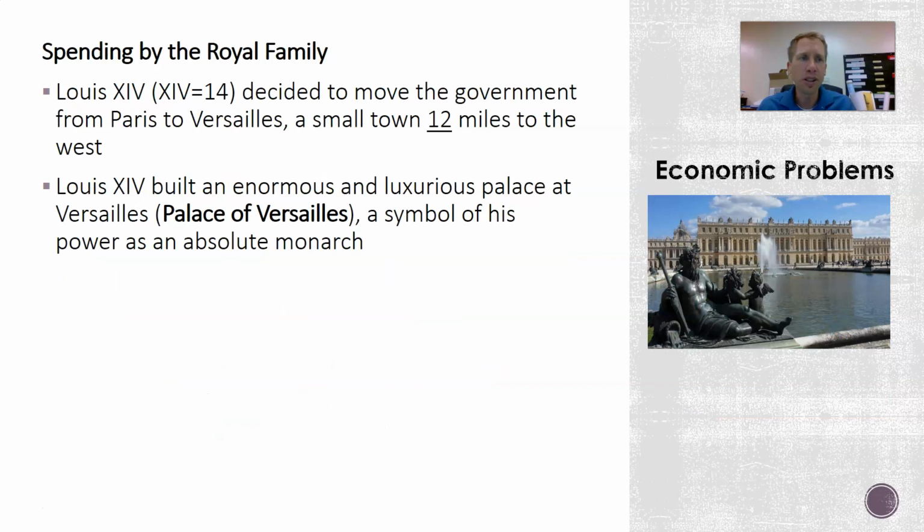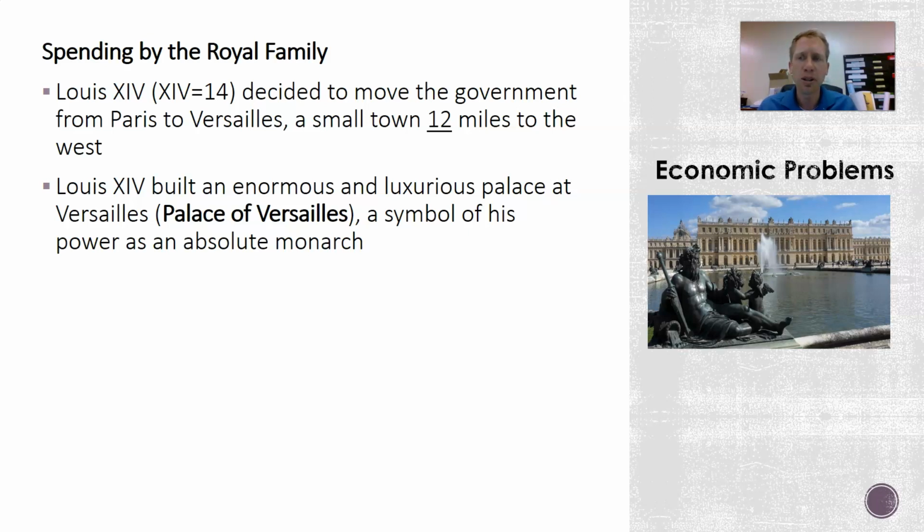So Louis XIV, who would be Louis XVI's grandfather, decided to move the government from Paris to Versailles to give this distance between him and the common people. Now, this is a small town about 12 miles to the west or southwest of Paris. Now it's actually part of Paris. And he builds this giant palace and gardens and all sorts of crazy things there on what used to be a hunting cabin. And this palace is known as the Palace of Versailles.